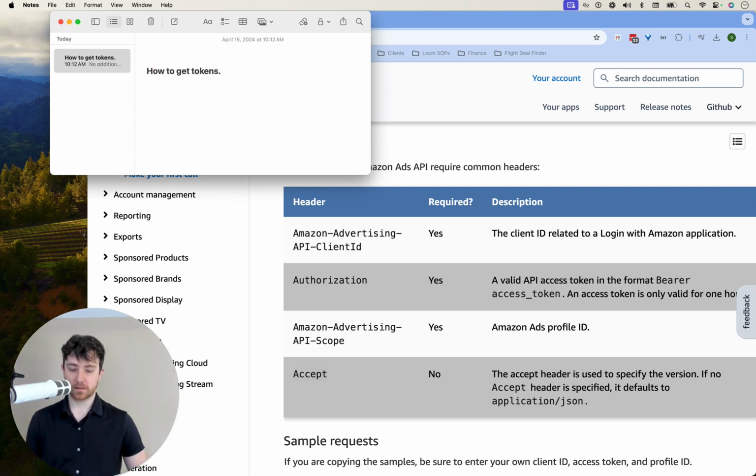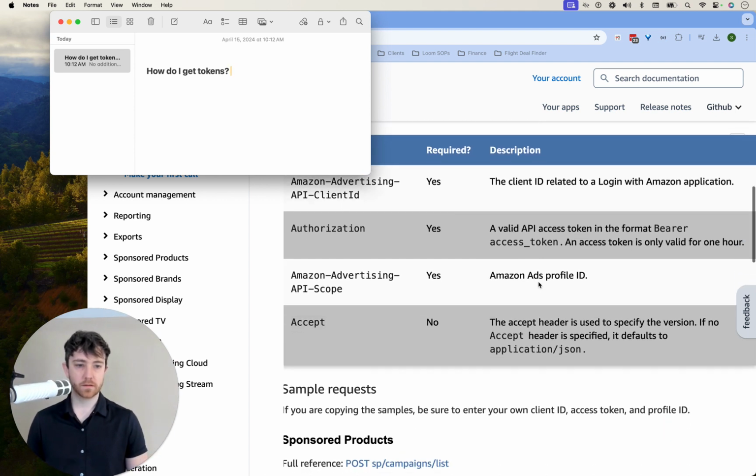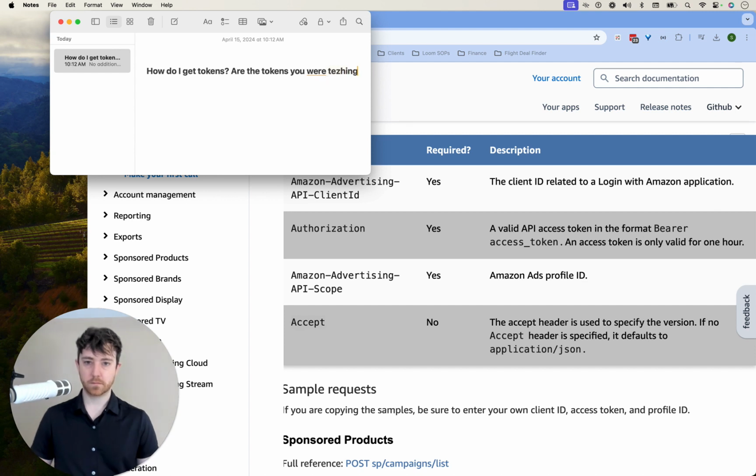All right. Get tokens. An access token is only valid for one... Actually,